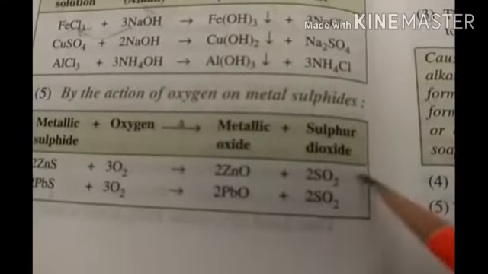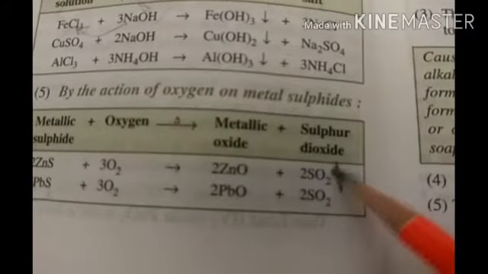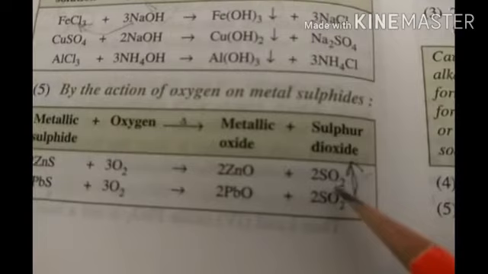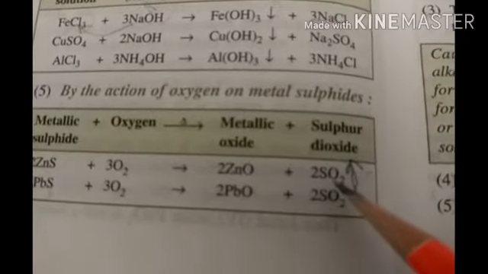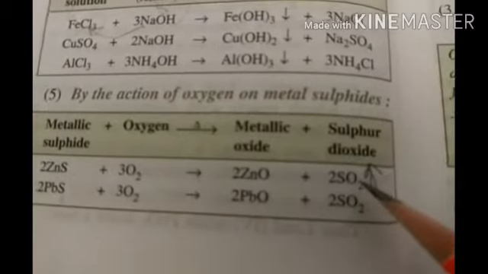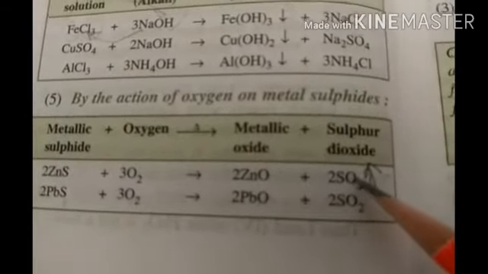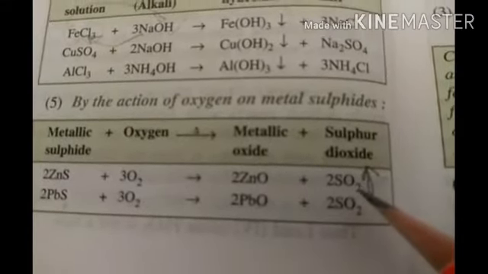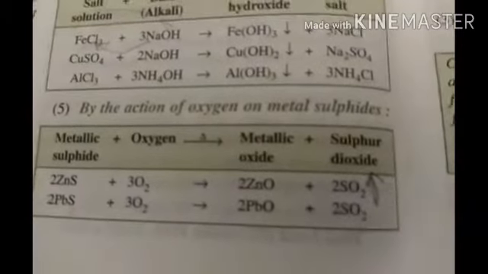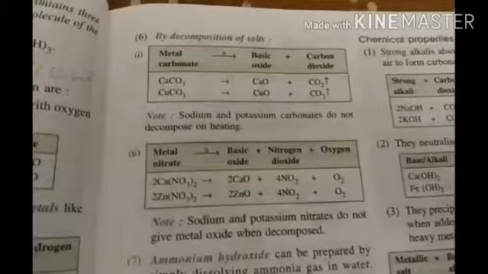So basically it will be produced in the gaseous form, it will come out. So one or two tests you can write about sulfur dioxide: the suffocating smell it has, a burning rubber smell. Also, it can turn lime water milky. We know carbon dioxide can turn lime water milky; this SO2 can also turn lime water milky. So such observations you can write.